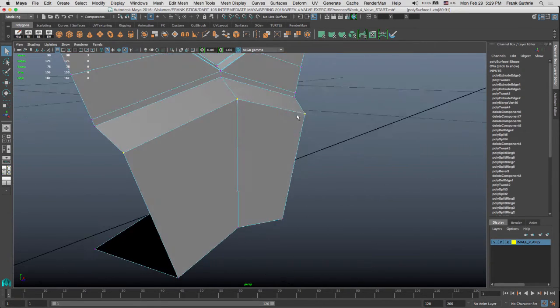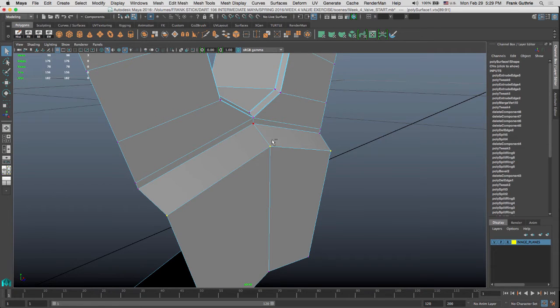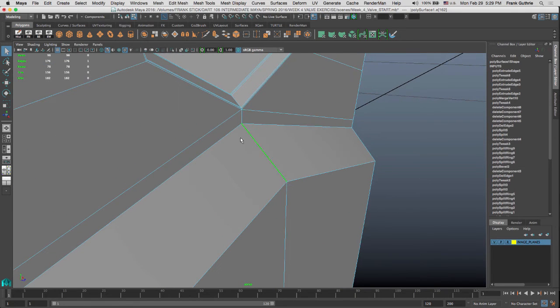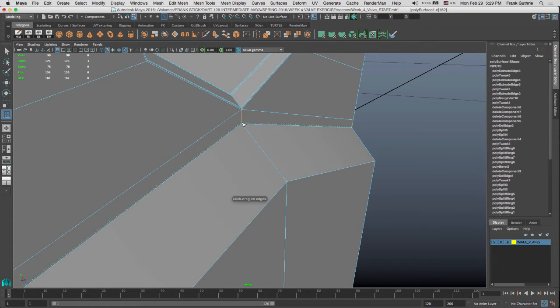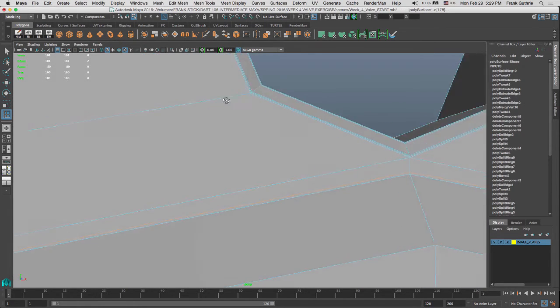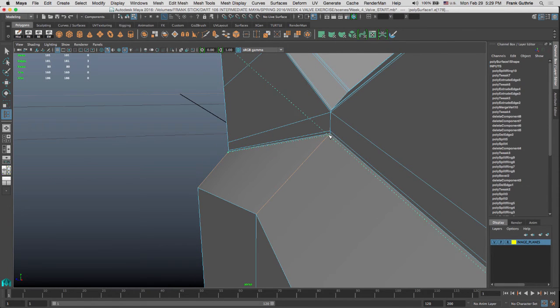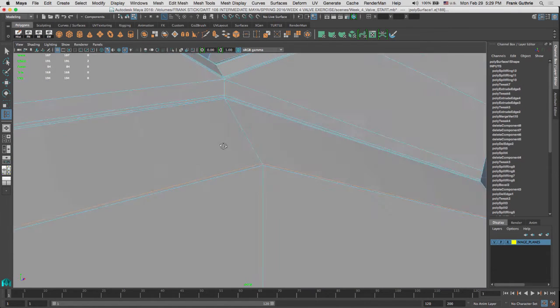Now if I hit 3, this is super smooth. We get a little bit of fencing right here, but not what we want. So let's create some manual fencing. Okay, I kind of like the fencing that I'm getting with this right here, so I'm going to try to imitate it. So shift right mouse button, and I'm going to go to insert edge loop. I'm going to put an edge loop right here, the same distance as these guys right here, and one right here. Again, this is just manual. I'm going to put one right here and one right here,